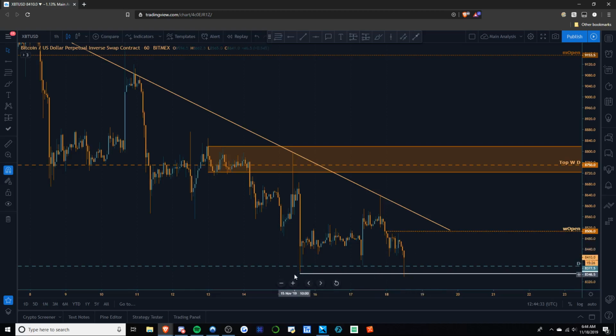My only concern is we have SFP too low. Well, depending on this close, but potentially SFP too lows at a daily support level, you know, we might get some relief. So if it closes SFP, I'm going to long that at least up to the weekly open in kind of this supply zone here, right, the origin of the sell-off. So, basically up here, take some profit off because we are at that trend line, the weekly open and supply. If we smash above that, then I think it could really go higher, because if you look,